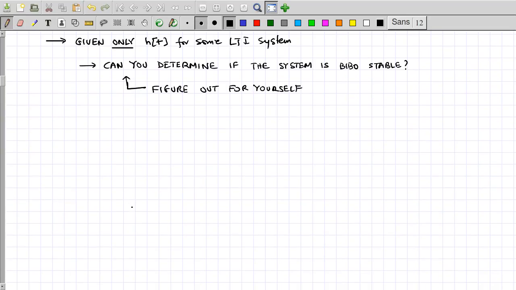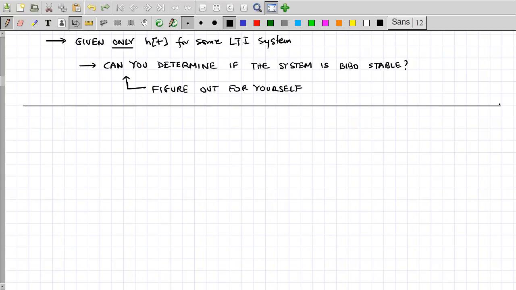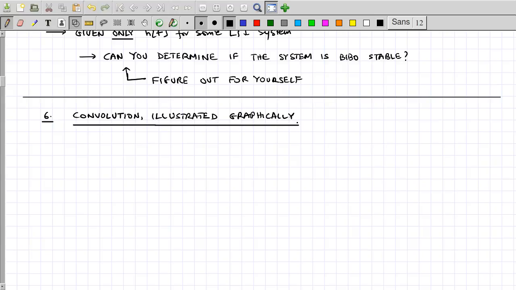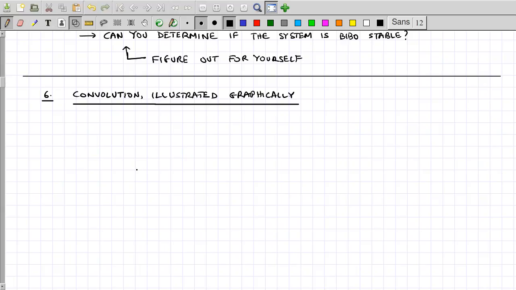Okay, next what I'm going to do is show you how to do convolution graphically. So as we know, as I was saying, y of t, the output of a linear time invariant system,